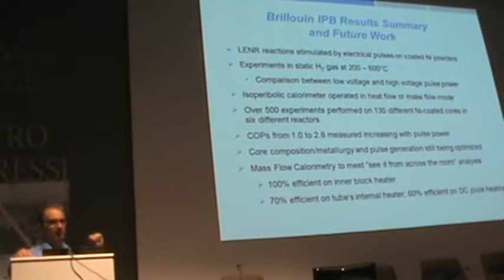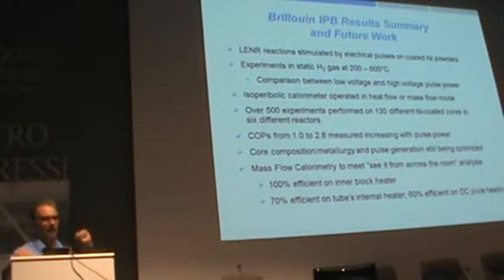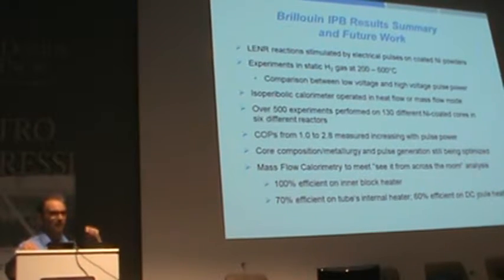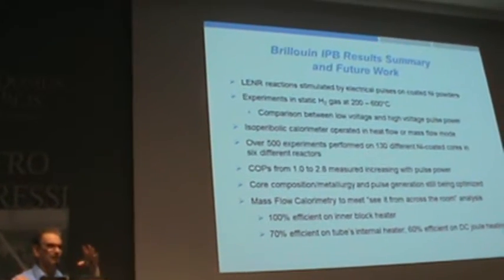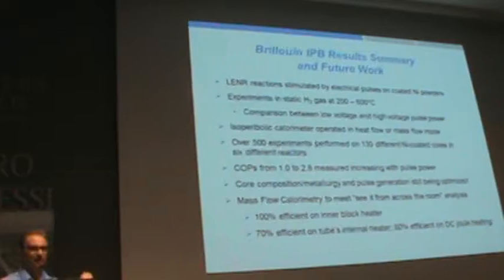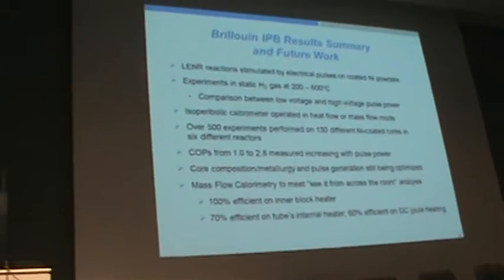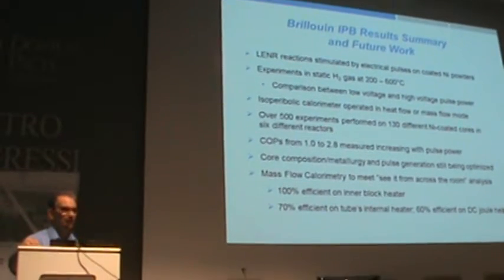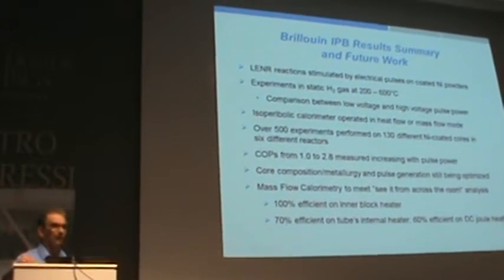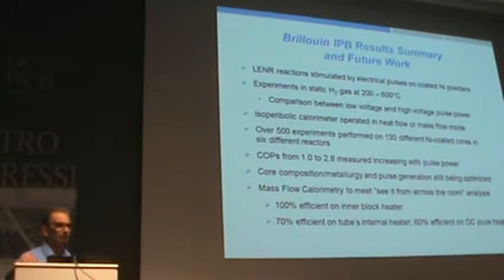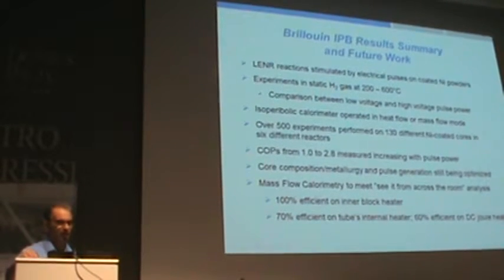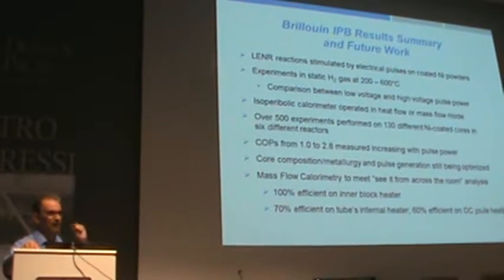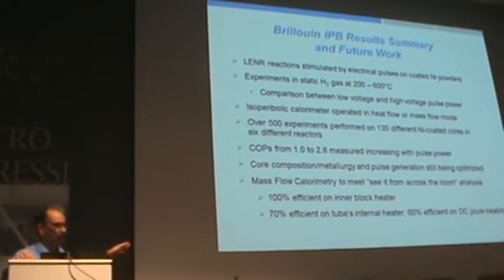The COPs measured up as high as 2.8 were done using that sophisticated system ID model with a virtual mass and a virtual temperature, and like I say, I can't follow it, so I don't present those results or those methodologies, but I do believe they work very closely with the people who developed it to show that it is real. Still a lot of metallurgy and ceramic composition to work on,